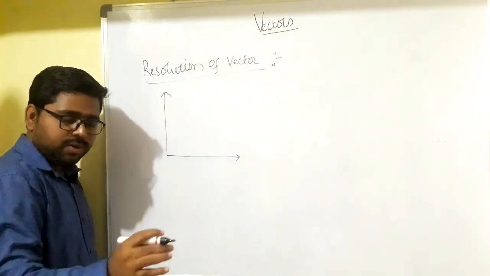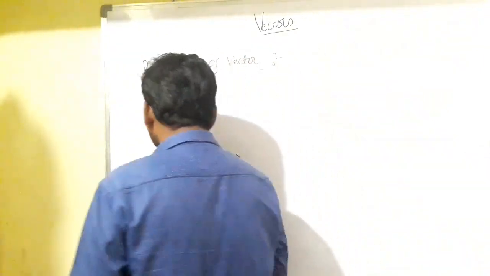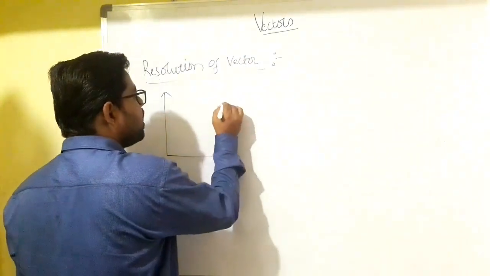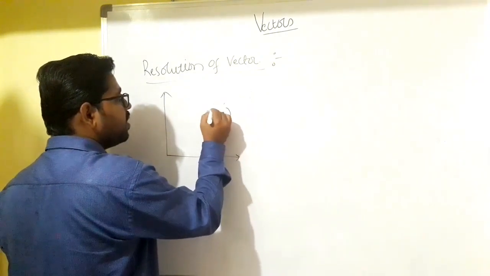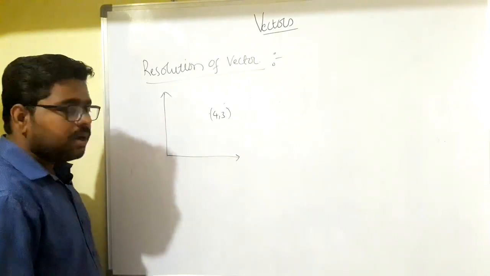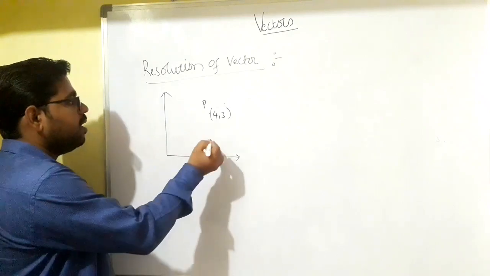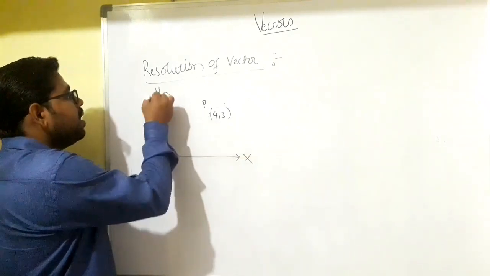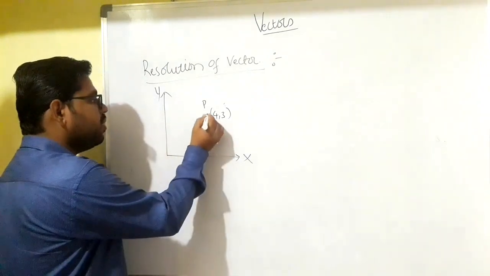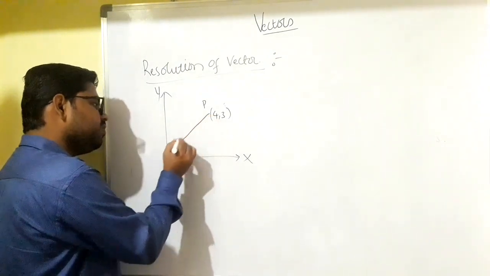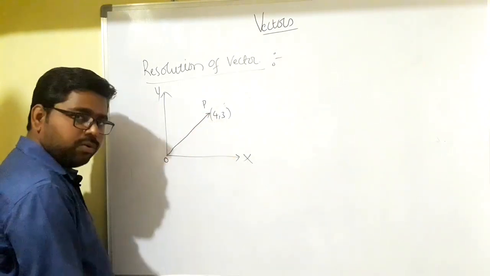What is unit vector to displacement vector? Let me mark this point, again same as I said. Let me write it here: 4, 3. Now let us say this point is point P. This is the position on an x-y axis. Now with which vector do we represent the position? Through the position vector. So this is the position vector through which we represent it like this. Let us call the origin point O.